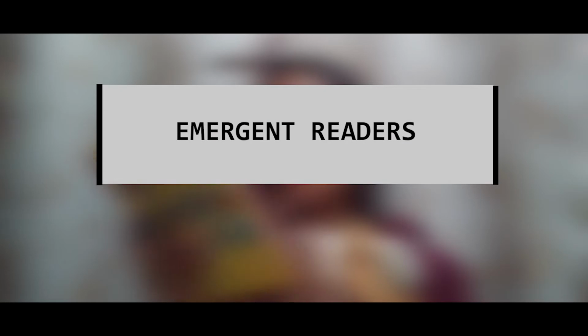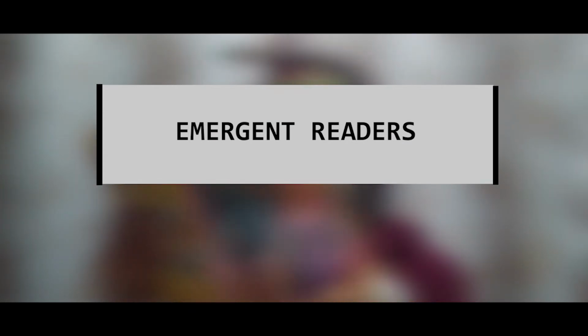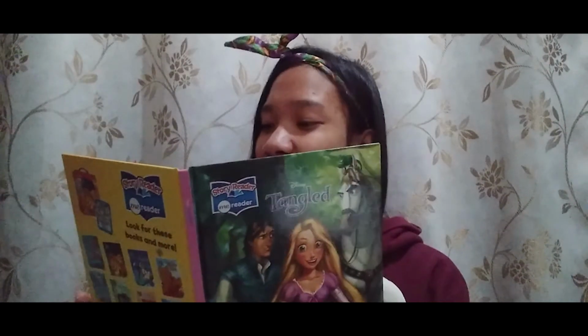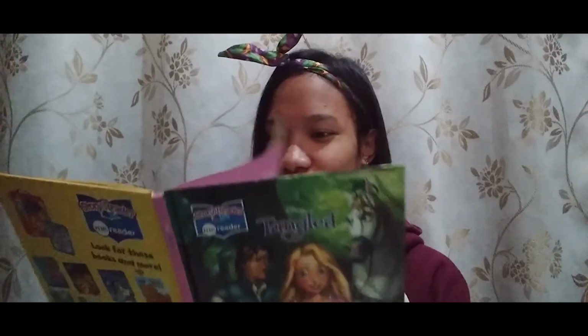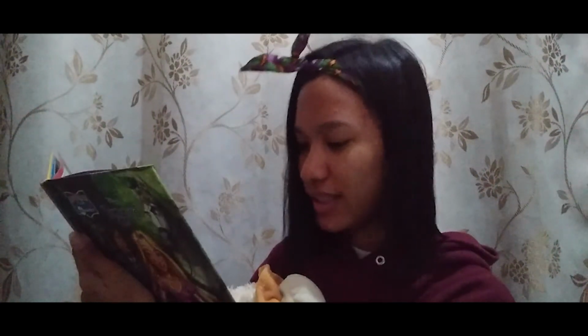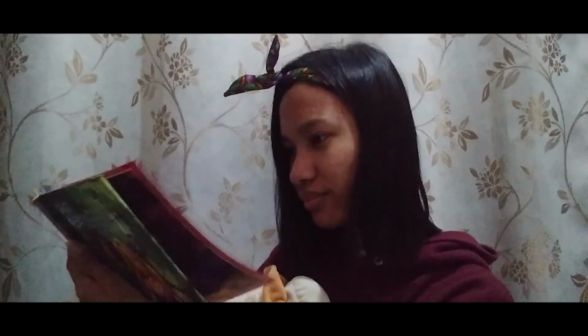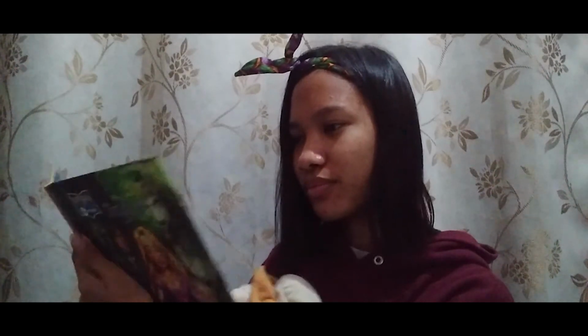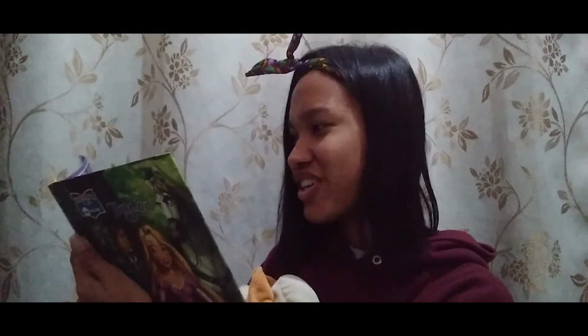Each stage of development requires different teaching strategies. The first stage is called the emergent readers. This is where the children enjoy listening to books and enjoy repeated readings of their favorite stories. They also like their retelling of simple narratives. And this is the stage where they begin to understand that it is the print that carries out the message.